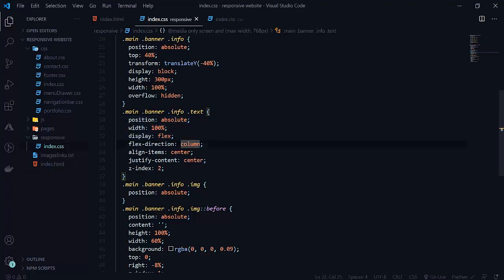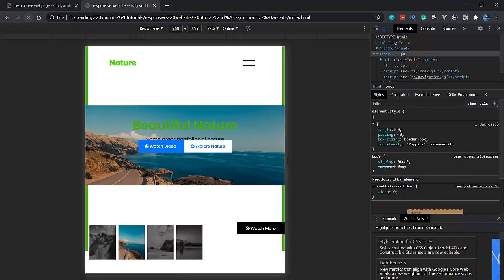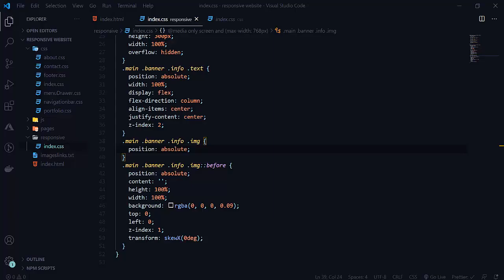So according to this, the problem here was just that its width was not taking effect because of its position absolute. We were getting the same error like that here. So here we want left 0, and after that here we want 0 degree here. So here we want 100% here. So let's save this, and for the image, position absolute is only there. So let's reload this. See that now it is working good now.